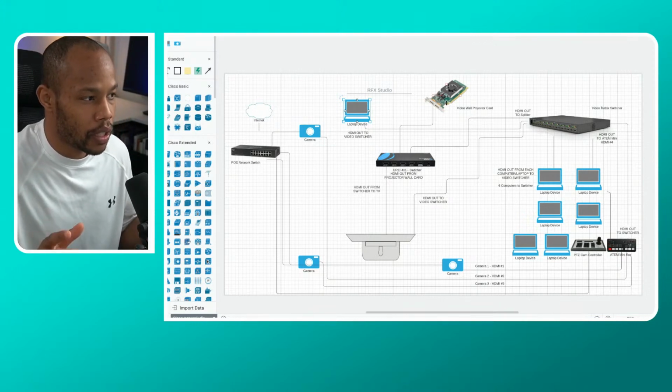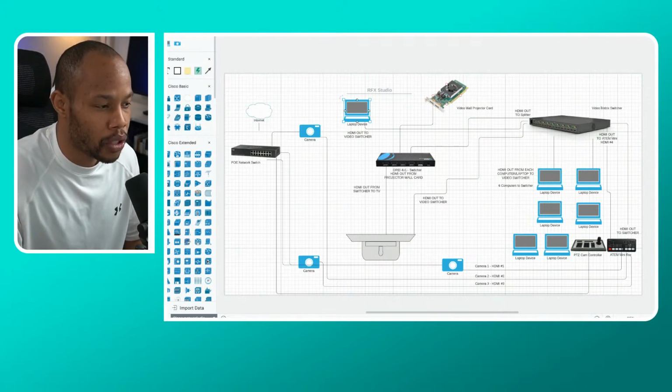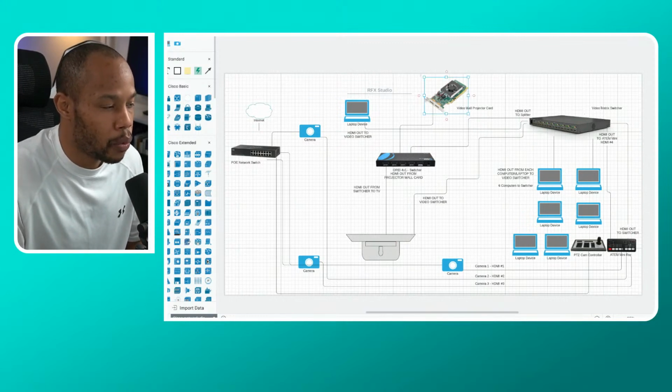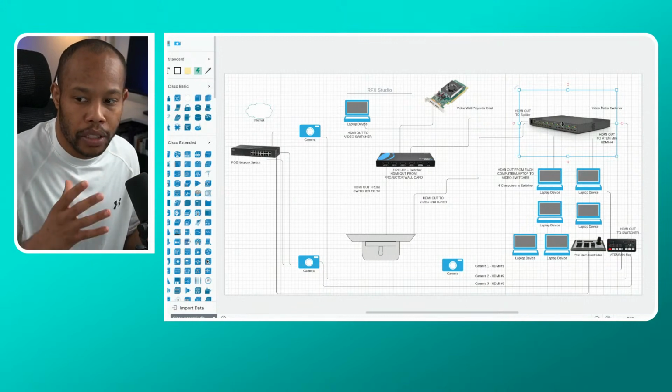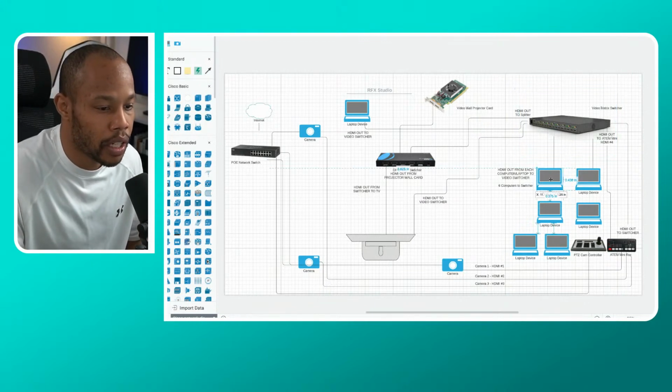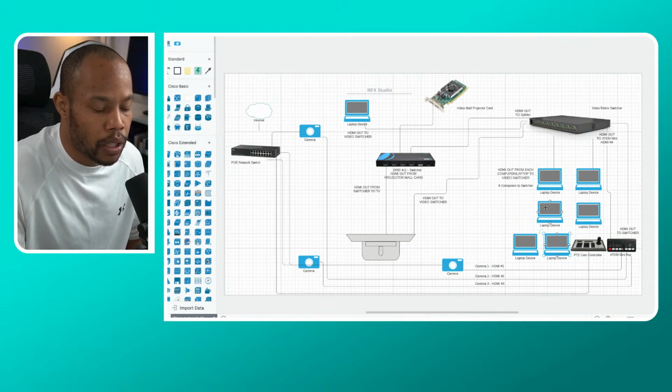So if you guys have seen those big walls where you have an image on it, we're actually going to have a video wall. You can split it up into different panels and everything like that. So that's a video wall card that's up here. And then we also had a matrix switcher, which was going to bring in a lot of different computers. So basically people were going to have these different trading stations. As you can see down to the bottom right, I have these 6 laptops set up. It was actually going to be between 6 and 8, and people could come and day trade at this setup,